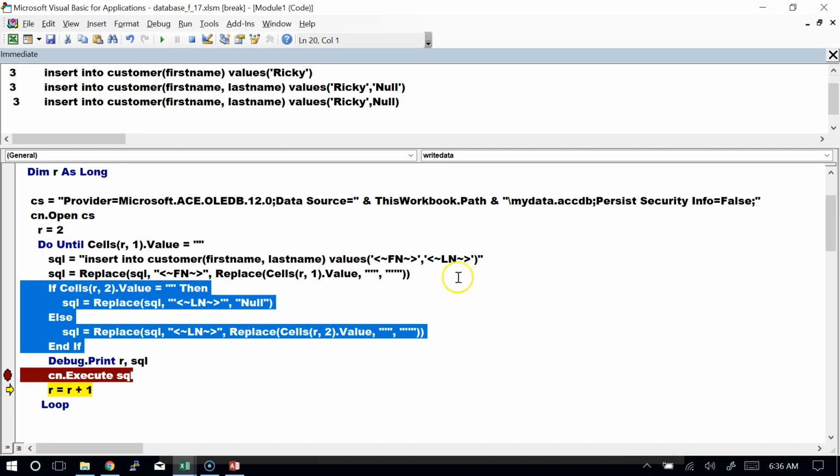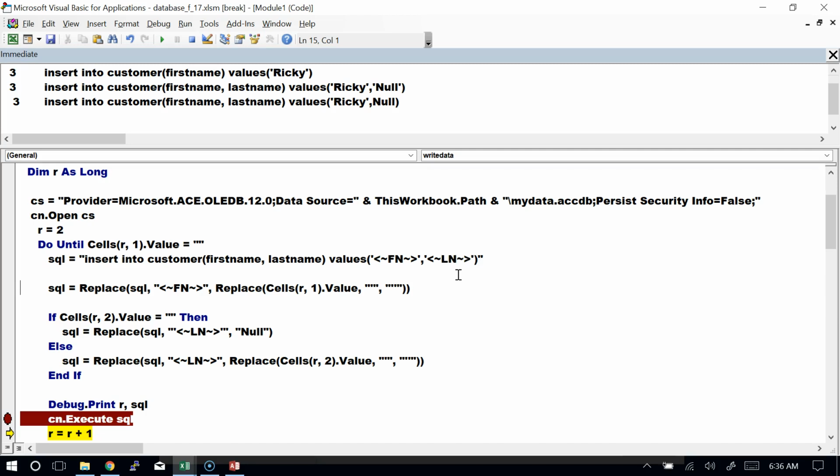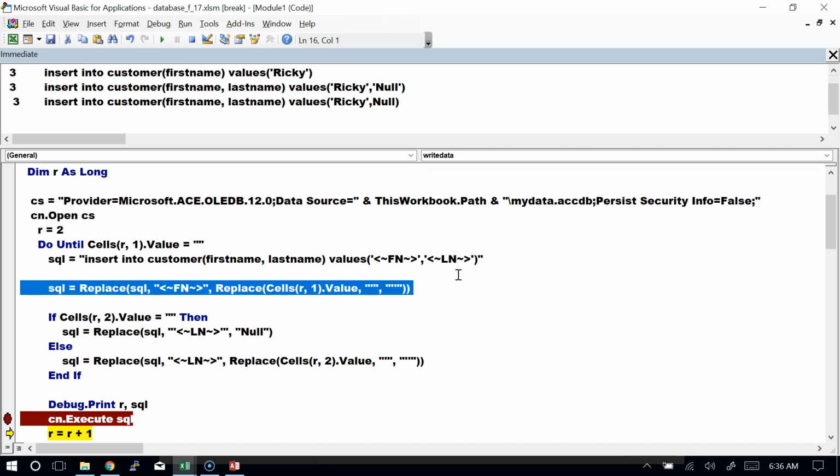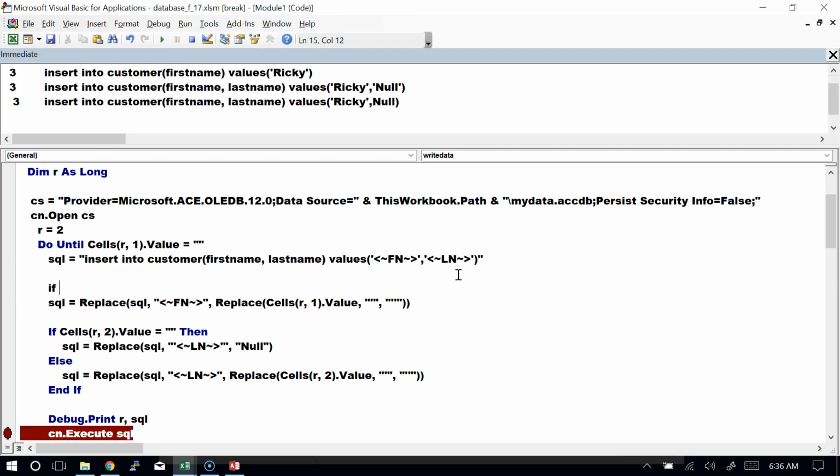And of course, based on our data, whatever the data might be, we should probably do that for every field that could possibly be null in the data. So depending on what we know about the data, if it's possible that the first name might end up being null, then we would want to do the same thing for this as well. So I'll just go ahead and plug that in real quick. If our first name is equal to a zero-length string,